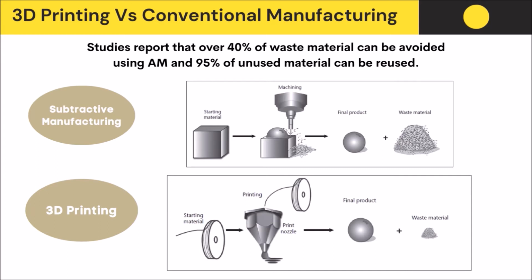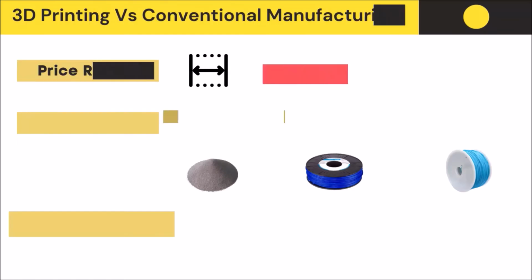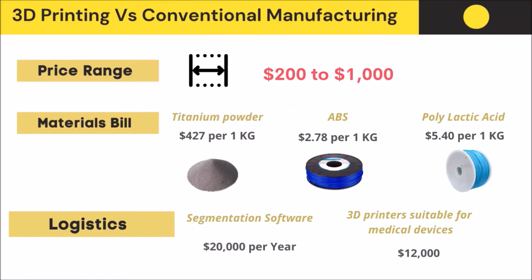Additive manufacturing processes are considered to be cleaner processes than traditional subtractive manufacturing processes because the produced waste material is reduced, the design is optimized, and the resultant pieces are lighter. Studies report that over 40% of waste material can be avoided using AM and 95% of unused material can be reused. A study conducted by Wu illustrated that a 3D printed model of the hip could range from $200 to